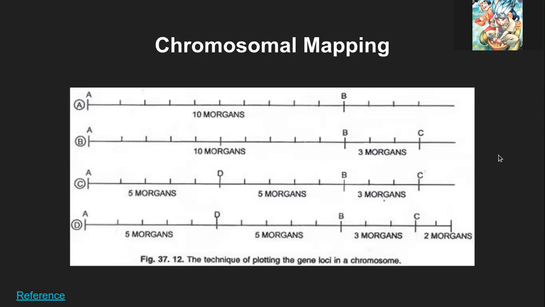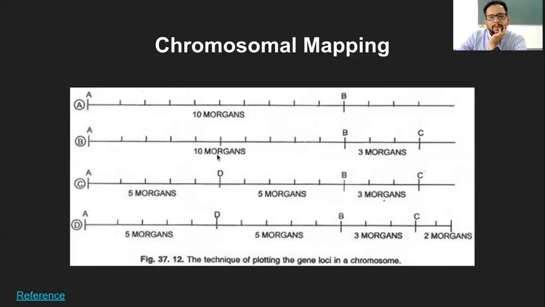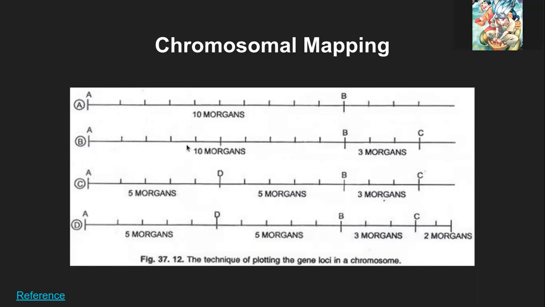One more thing: even if the percentages aren't there, if this whole gene doesn't recombine, does the Morgan take that into account or not? Let's say this particular chromosome splits here somewhere. That is still a recombination, no? Yes, even if it splits here, it is still a recombination because this part is getting exchanged or that part is getting exchanged. So at max it can only have 50% recombination, not more than that.